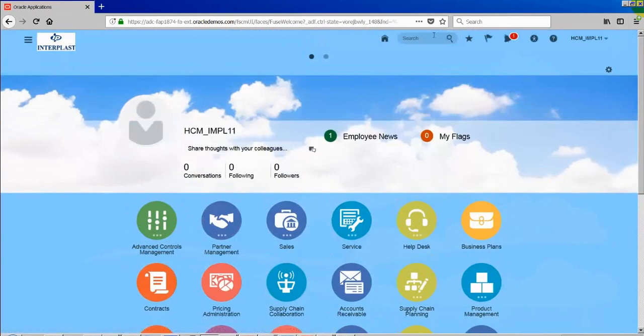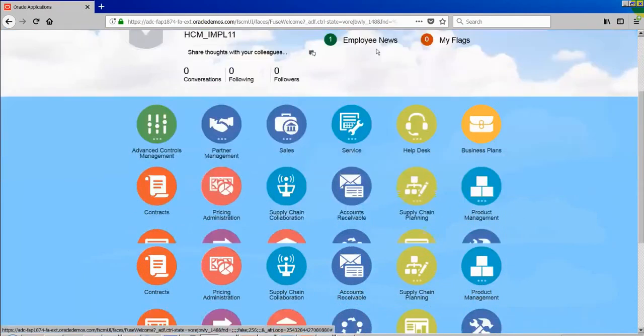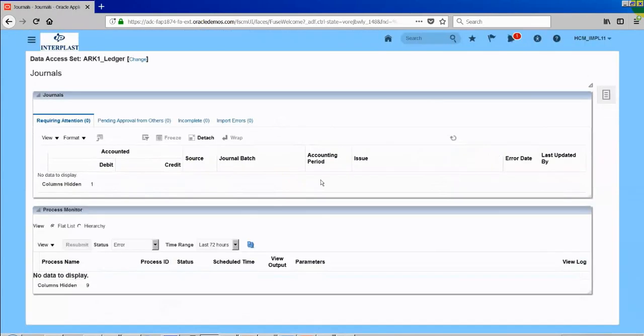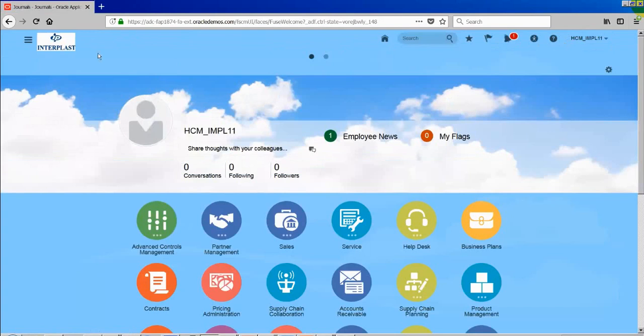So this global area, what does it mean? This global area will be available to whatever page you go. If I go to journals, I can still see this global area. Okay, and see this is a global area from here to here. Whatever page you navigate, this global area will be available. Okay. The reason I'm saying is when you do some customizations on the page, you should know what is available at which place. Okay. And it is a home button.